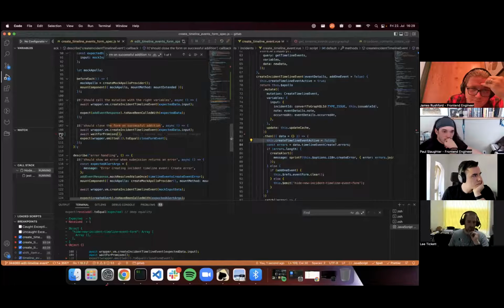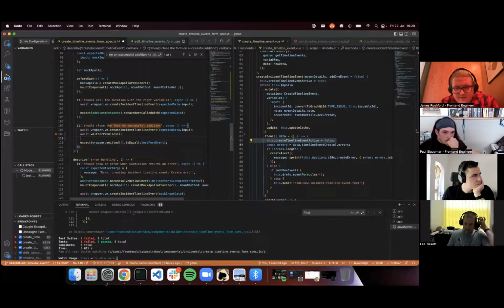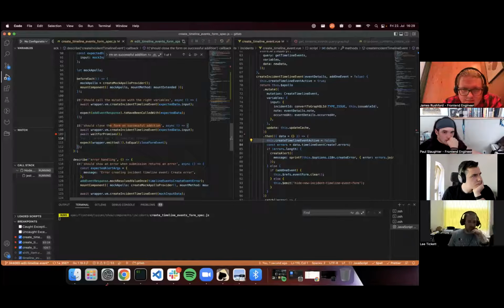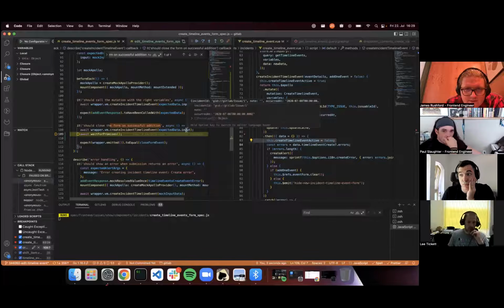Can we try a breakpoint here and see if we can actually get it to stop? Sure. Yeah. Whoa, so fancy. Whoa, look at that. So if you hit, oh,